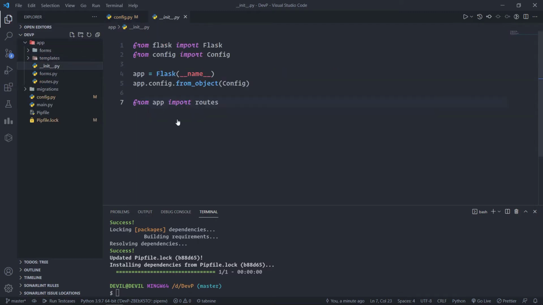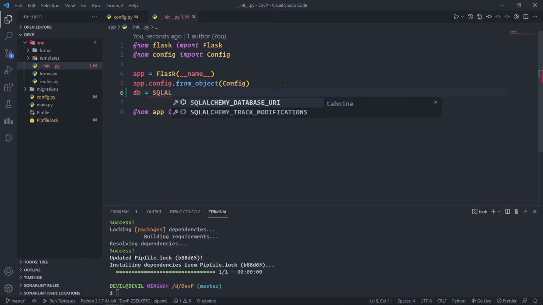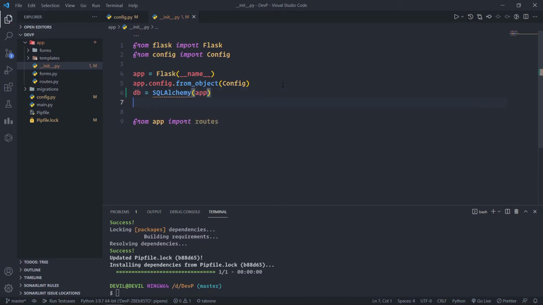So here it is. After this app.config.from_object(Config), we have to write db = SQLAlchemy, and here we have to pass our app instance. Also we have to create the instance of migrate, so migrate = Migrate(app, db).